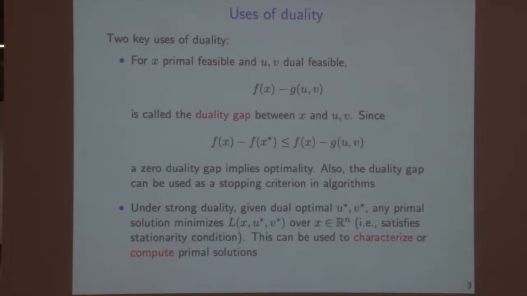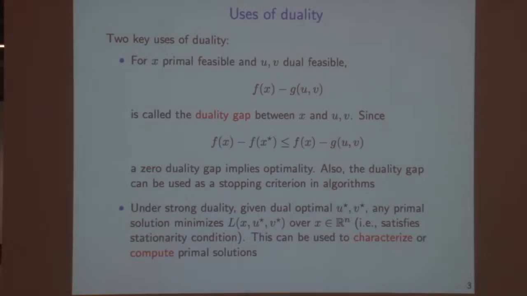We also hinted at before, along the way, two key uses of duality. I'll just remind you what they were. The first is an algorithmic concern. This is something that's important when we're actually implementing algorithms, say a first-order method, like the methods we've learned so far. Suppose we were able to derive the dual, and we're performing,